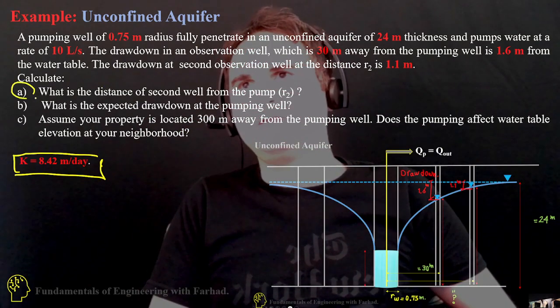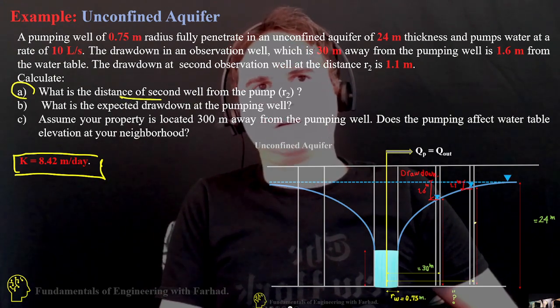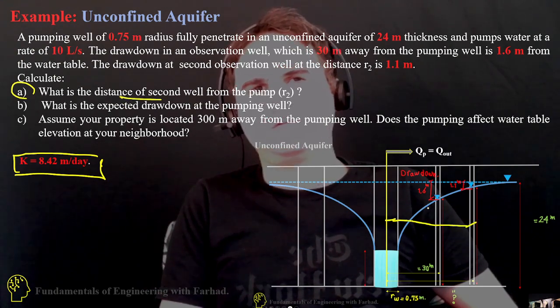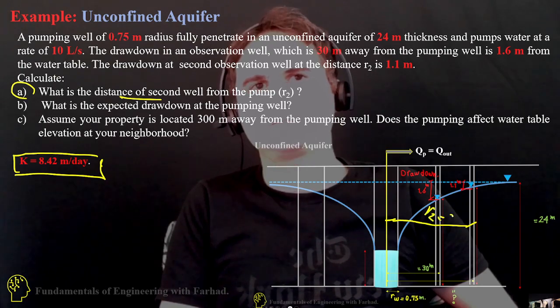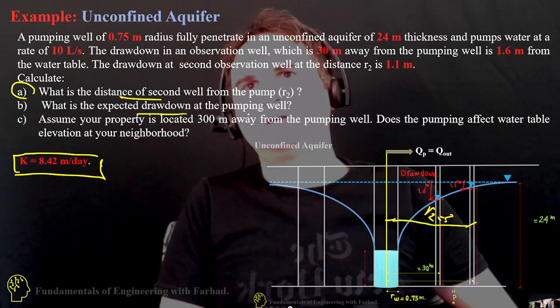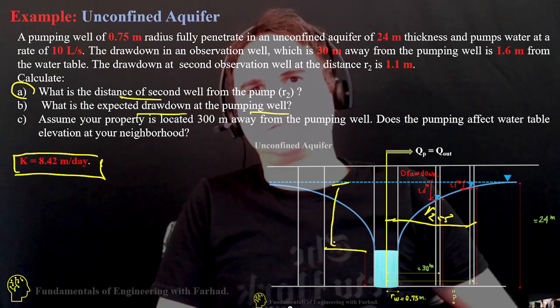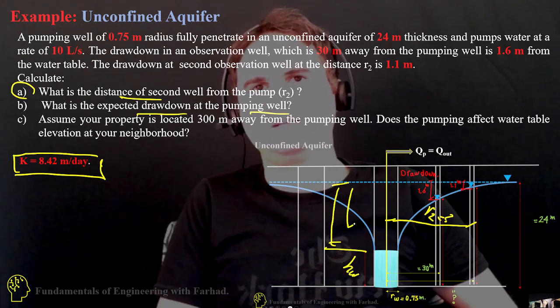In part A, we want to know the distance of the second well, so we want to know what R2 is. And then in part B, we want to know the expected drawdown at the pumping well, at this distance. If this is the height of the well, we want to know the drawdown from the